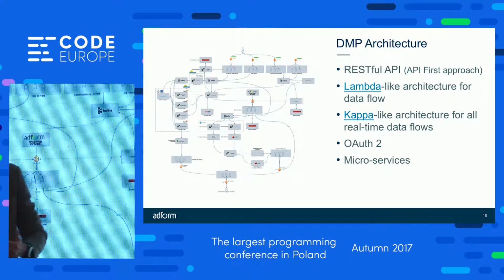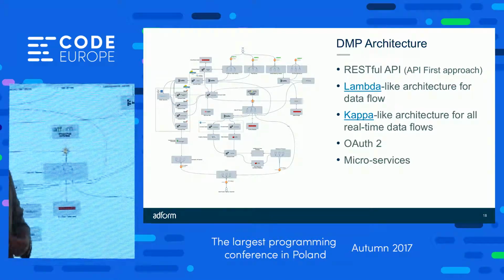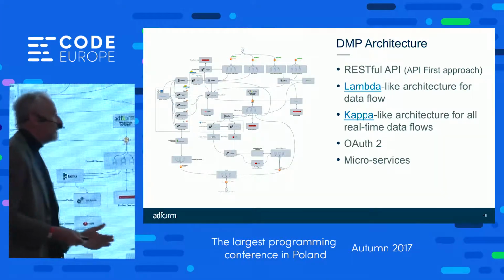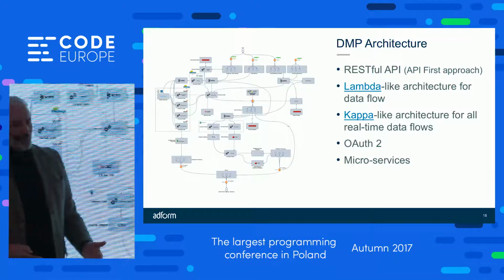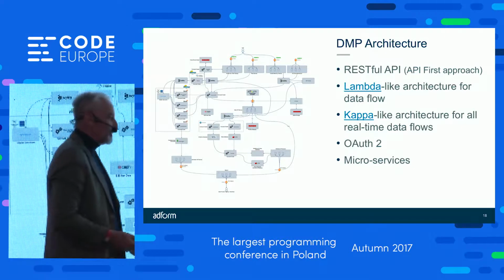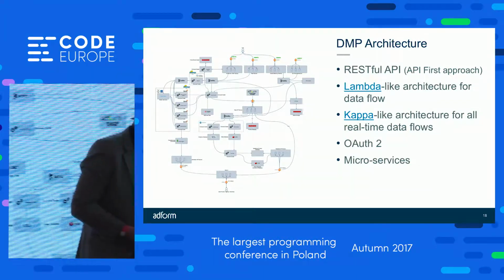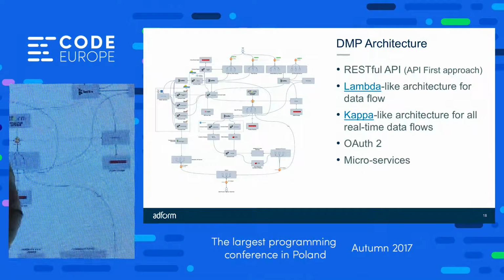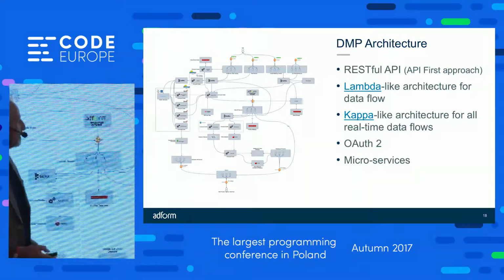We process that, we decide where you are. But we use a statistical approach to it. We couldn't actually do all of the numbers in the right amount of time. We have to use the statistical approach. We secure everything with OAuth 2, and we have a microservice architecture. I'll talk more about microservices in a minute.